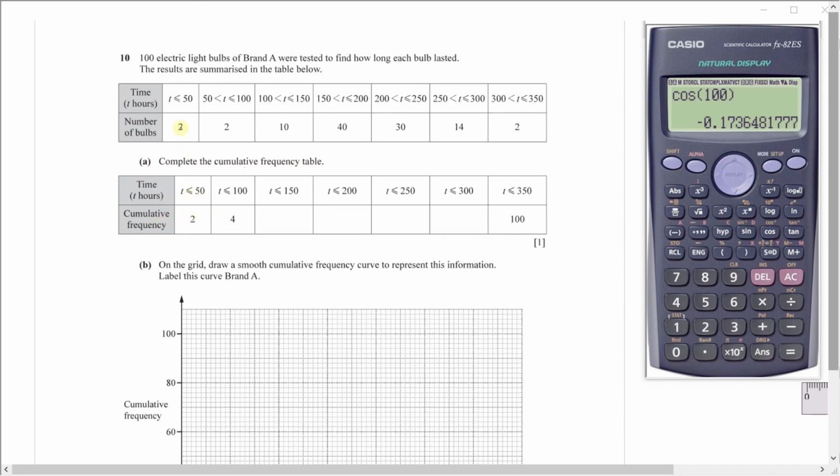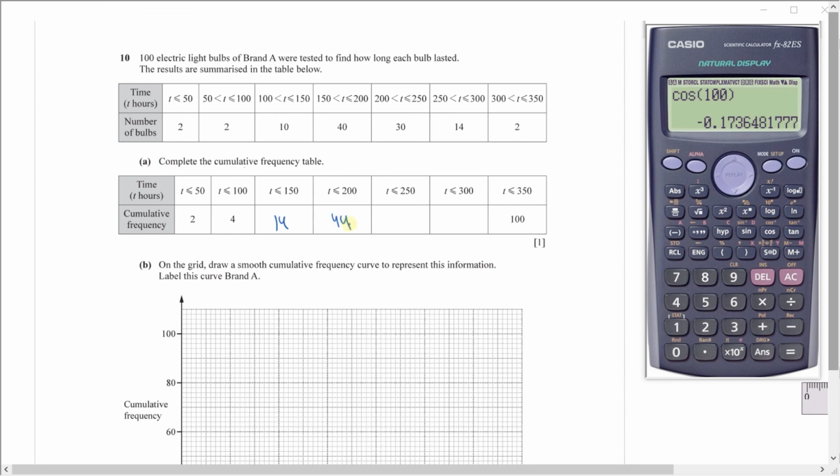So less than or equal to 50, you have two bulbs. Less than or equal to 100, you have these two that last between 50 and 100, and these two which last less than 50. So cumulatively less than 100, you have four bulbs. And then less than 150, you will have these four that last less than or equal to 100, plus this 10 which last between 100 and 150. So 10 plus 4 will be 14, and then less than or equal to 200 will be 14 plus this 40,